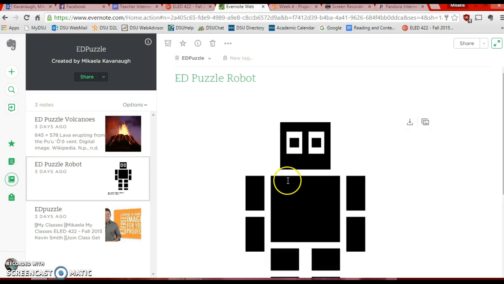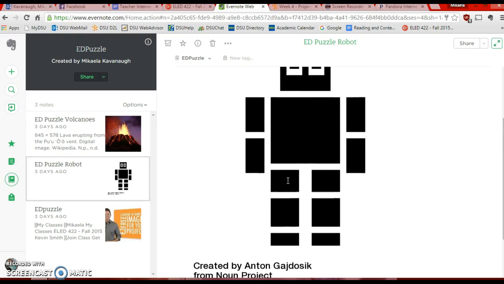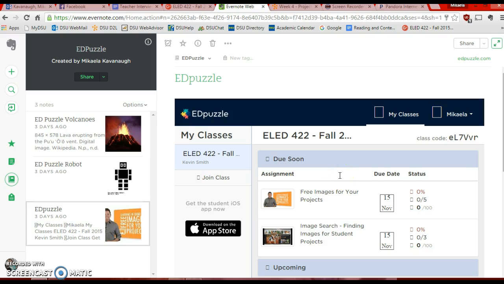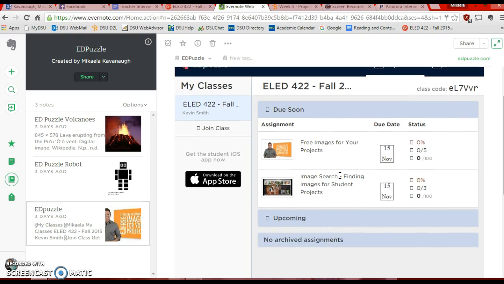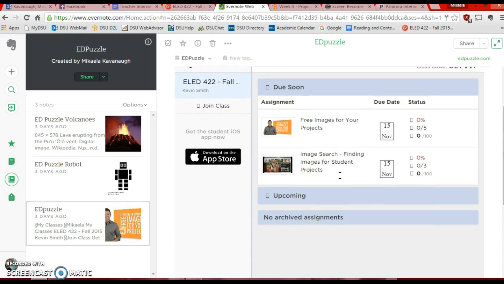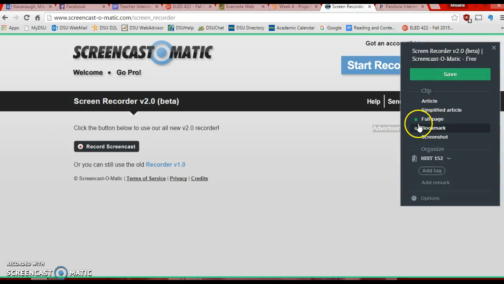And then I did my Ed Puzzle robot, and cited it so that I gave credit. And then I also put in a web clipping of the Ed Puzzle site so that it gives a little information on it, because I really like that when you go out onto the internet, if I were to go to here, I can click up in the right corner,